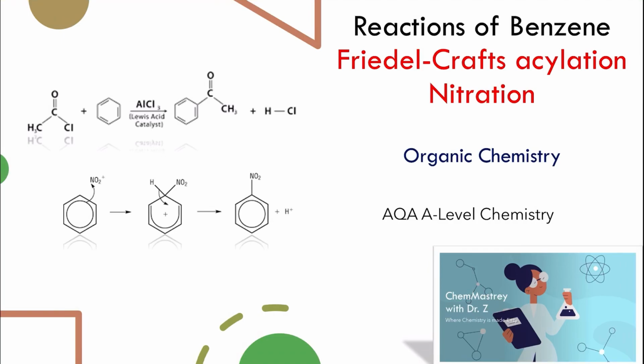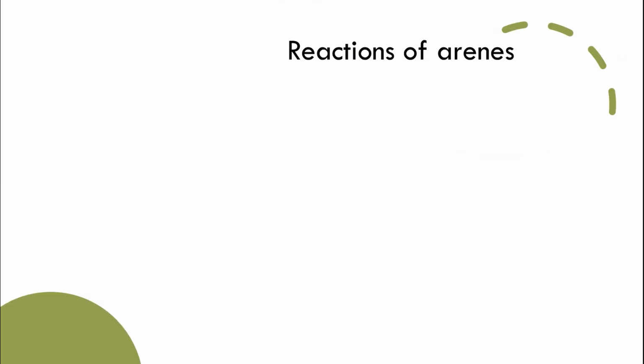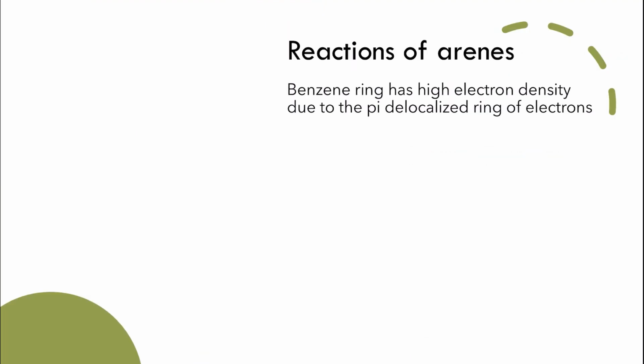Reactions of benzene or arene: Friedel-Crafts acylation and nitration. Arenes, or aromatic compounds, are compounds that contain benzene. The benzene ring has a high electron density. This is because of the pi delocalized ring of electrons. So we have the pi delocalized ring of electrons in the benzene ring, which makes it very rich in electron